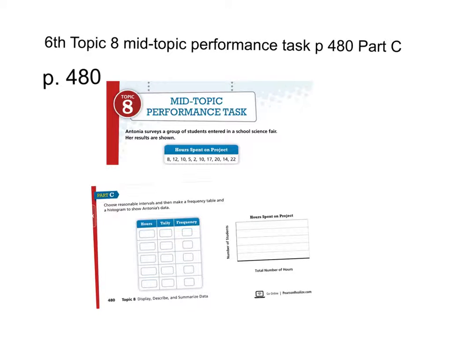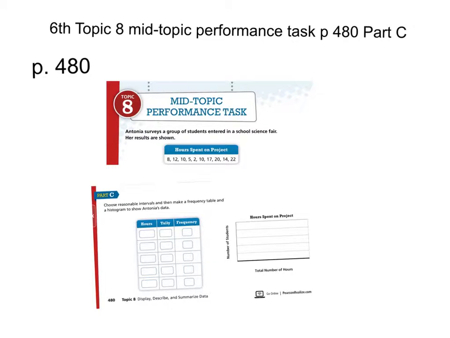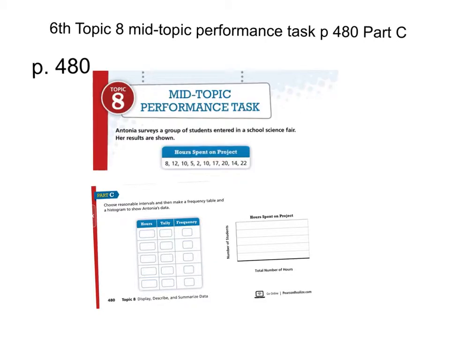Page 480, we're going to look at the fourth question on the mid-topic performance task for topic 8. We're going to look at part C and talk a little bit about how you can come up with a frequency table of your own based off of some information that they've given you. So first thing, on the top of page 480,